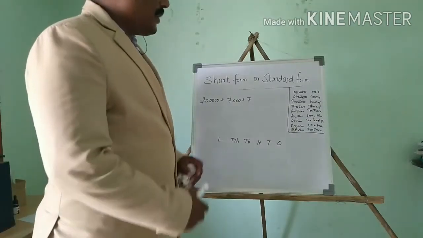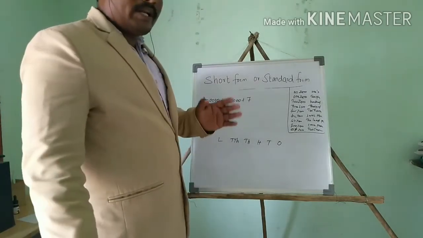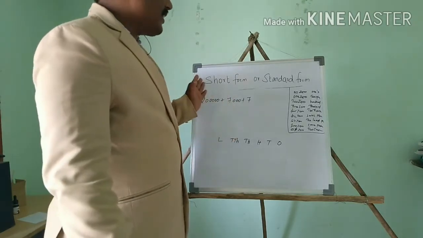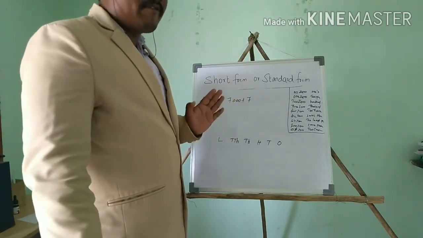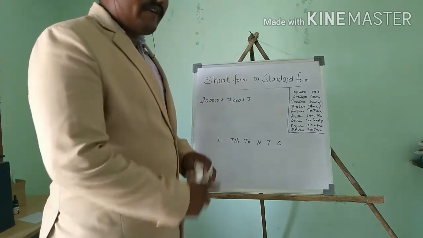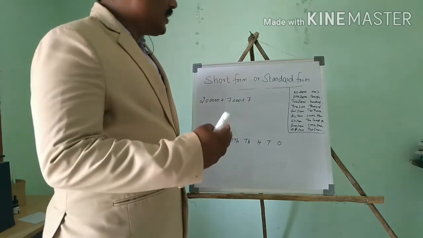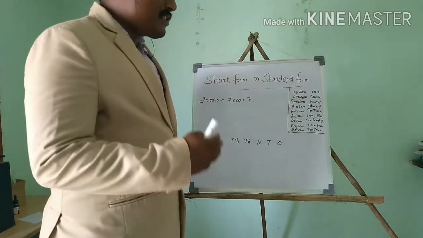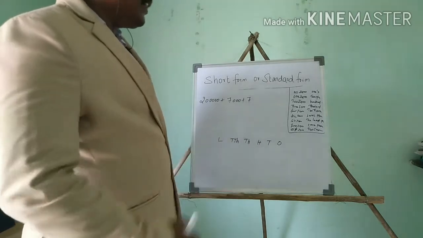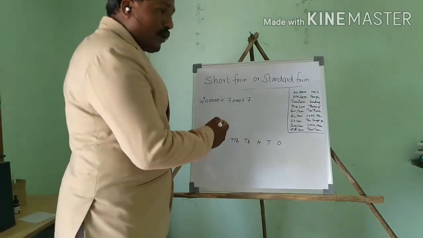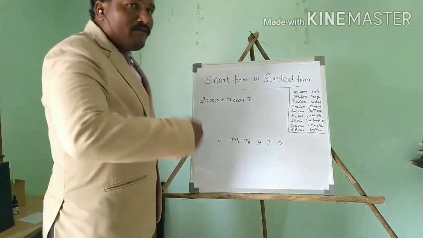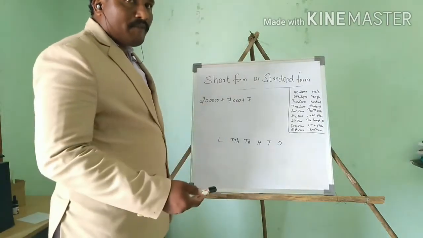Okay, students. Let me see. Before we saw one example. It's easy. You can easily write it as a standard form, from expanded form to standard form. Now see this kind of sum. When you face it, it's a little bit difficult. But I will tell you an easy method. If you follow this method, you can easily find it. See, first you have to find out the place value of the given number. It's an expanded form. Now we are going to write the standard form.